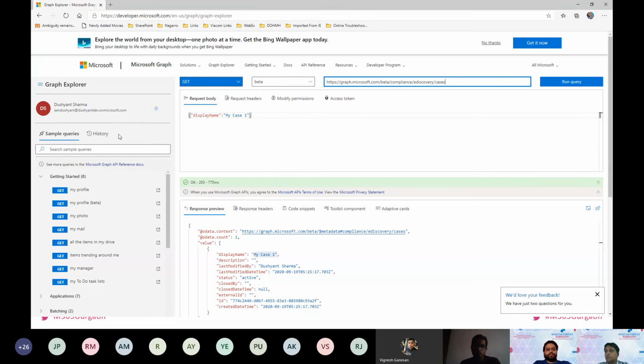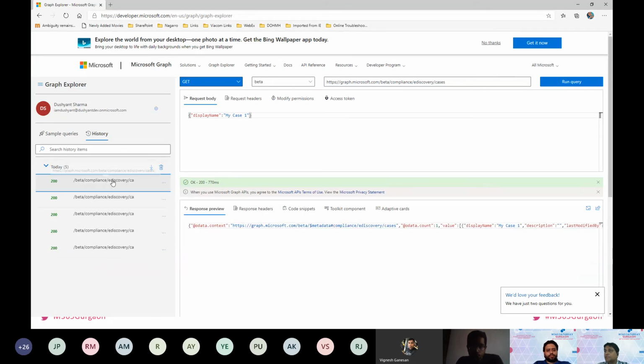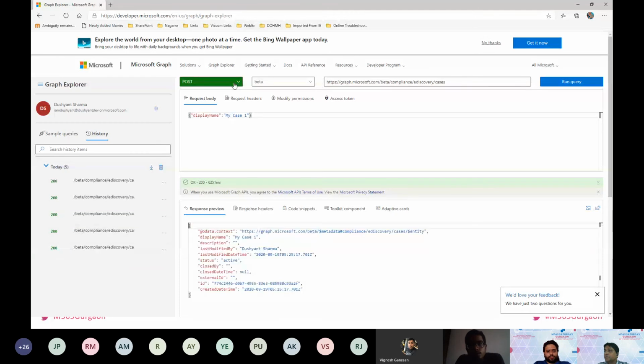Similarly, there are APIs which can create new e-discovery cases from here. If you see this API for e-discovery cases, I have created this case, my case one, which I was showing you from here itself. If I need to create one more case, I can create it from here itself.